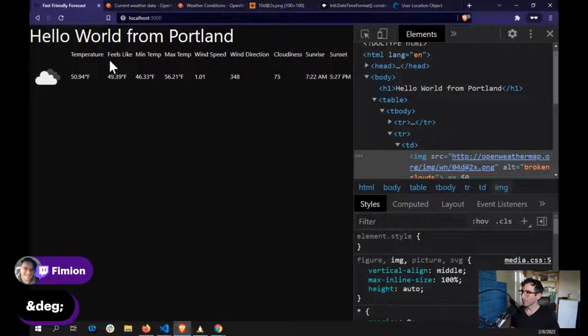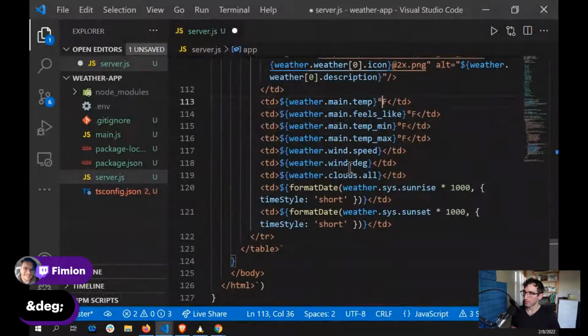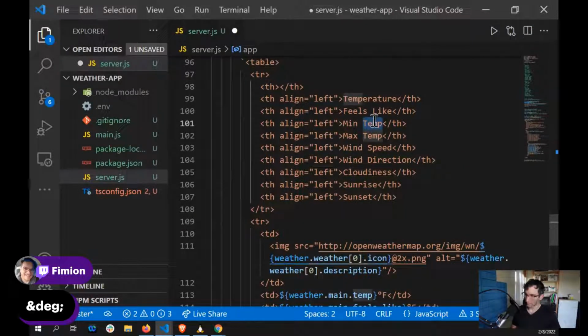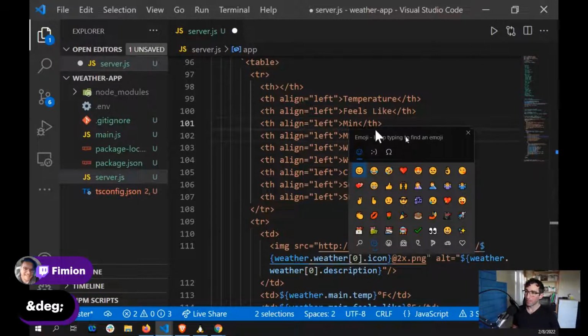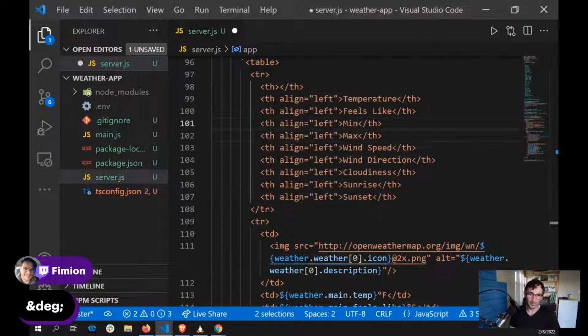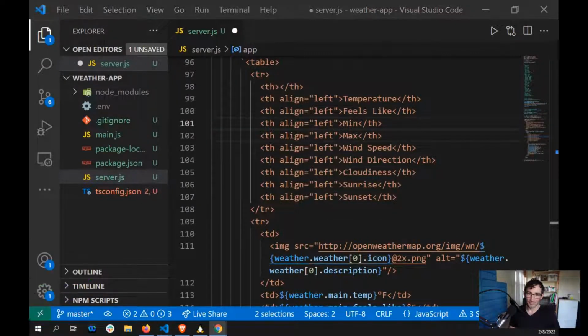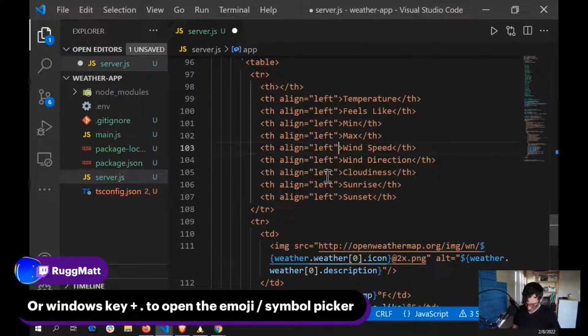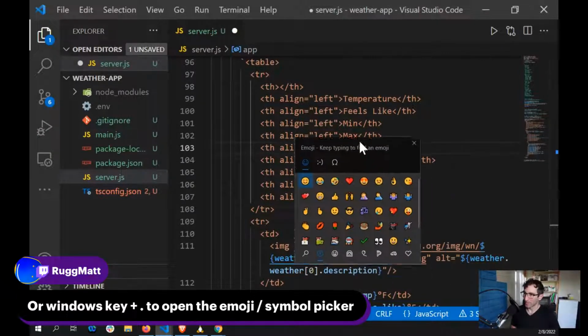So how's this looking? The min temp and max temp, I think I'm going to do a little bit of cleanup now. We'll get rid of the min and max, or, Windows key plus dot to open the emoji picker. Wait, really? Oh my goodness, that tip of the day. Hell yeah. Tip of the day. I had downloaded something for an emoji picker, but